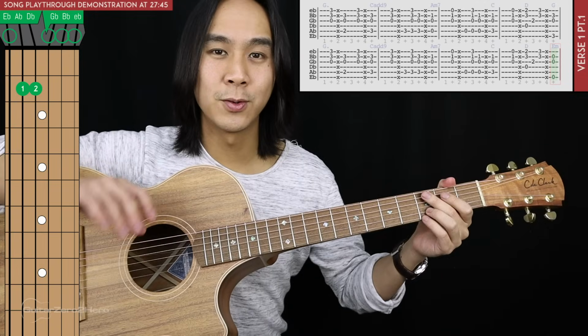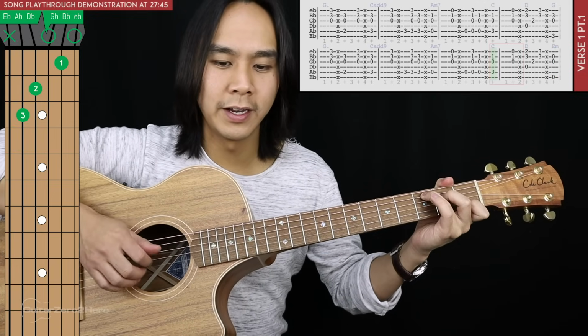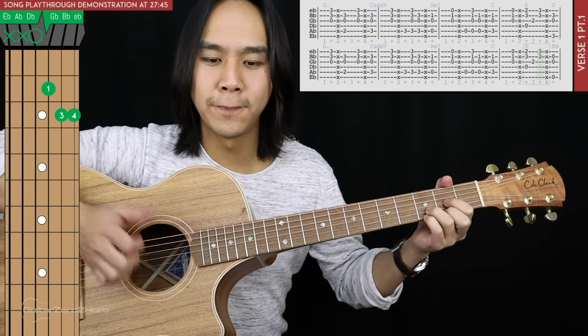So I'll just play from the C chord to demonstrate. And 1 and 2 and 3 and 4 and...